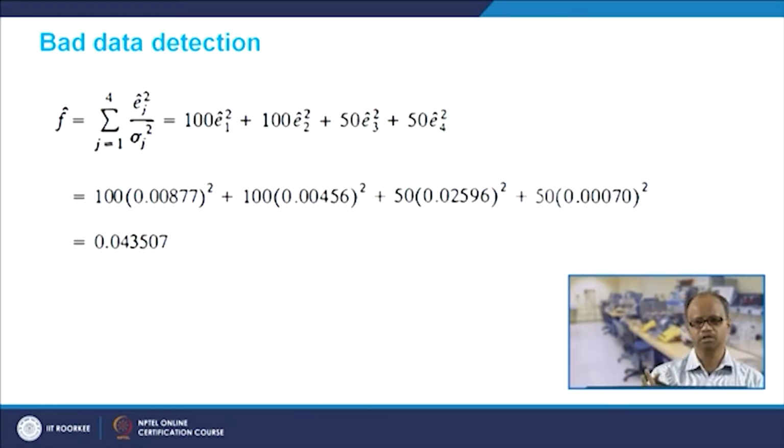In the first case, there are some meters and some values, and for those values we calculated all the state vectors, and once we calculated the state vectors, we calculated these E hat vectors, and those E hat values were